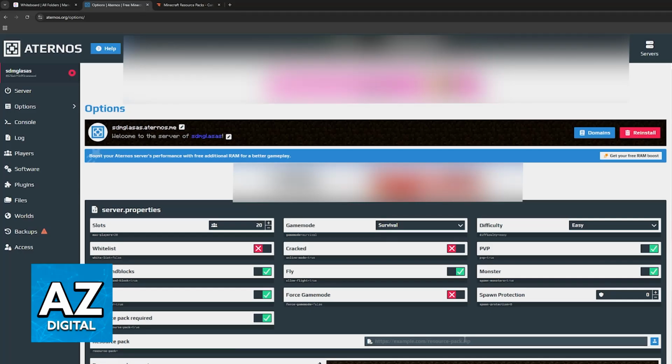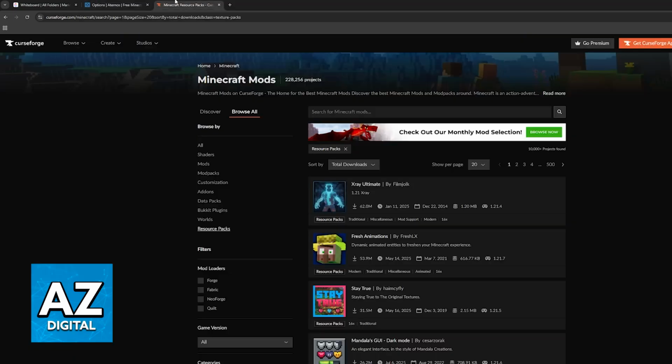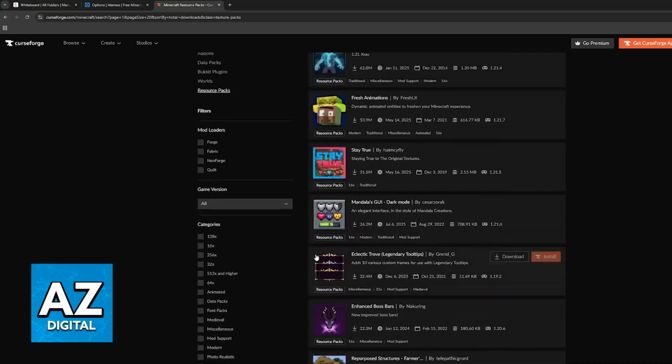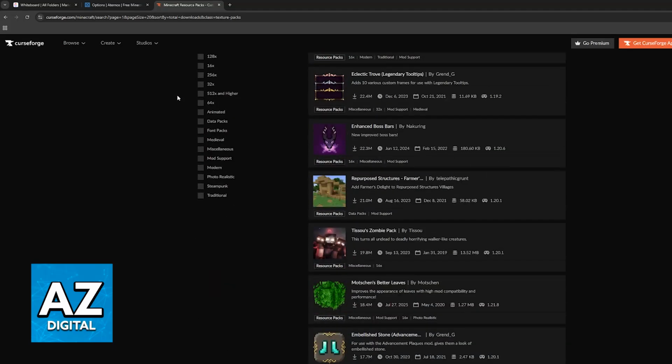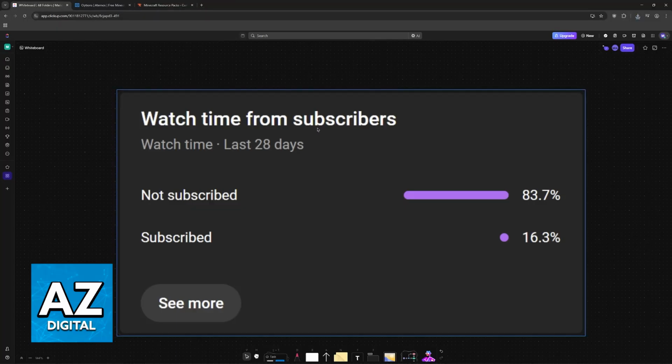Now once it is being hosted and someone joins, it is going to see which resource pack is required and download it for that person. So you don't need to set it up or send it to everyone who is going to be joining. They will automatically download it once they join, and you can download various different resource packs from places like CurseForge and other websites. So I hope I was able to help you.